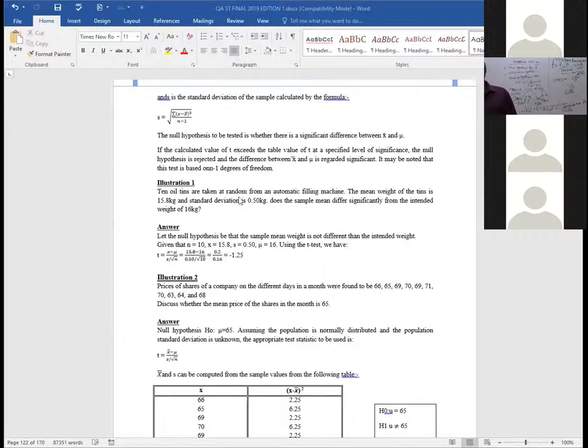10 oil tins are taken at random from an automatic filling machine. The mean weight of the tins, which tins? The 10 that were selected. The mean weight of the tins is 15.8, and the standard deviation is 0.5 kilograms. Does the sample mean differ significantly from the intended weight of 16? Of course, this 16 here will be the population